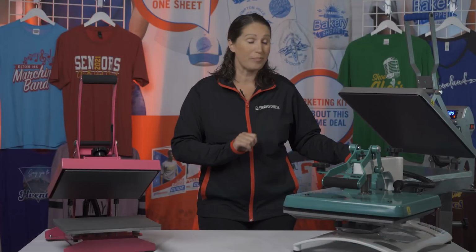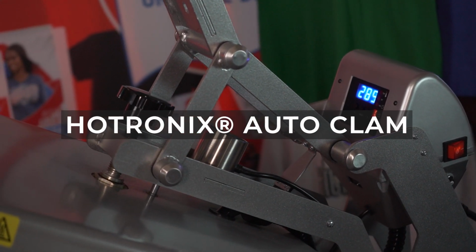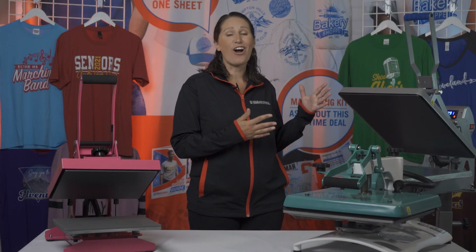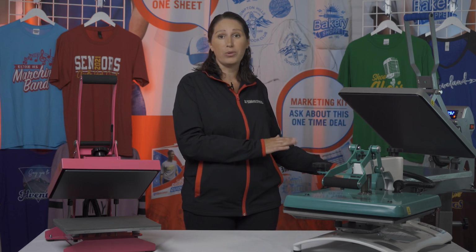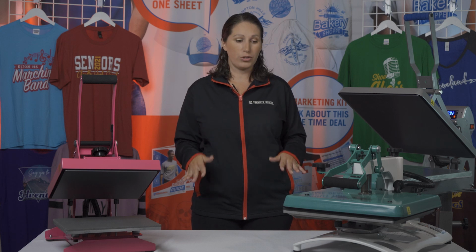t-shirt printing program. We can also upgrade to a Hotronix auto clam on a caddy, easy to move around the school wherever it's needed. It's perfect for a small space. It has an auto open feature that pops open, easy to follow buttons and manuals. All of these heat presses are not only easy for educators to use, they're also for students to be able